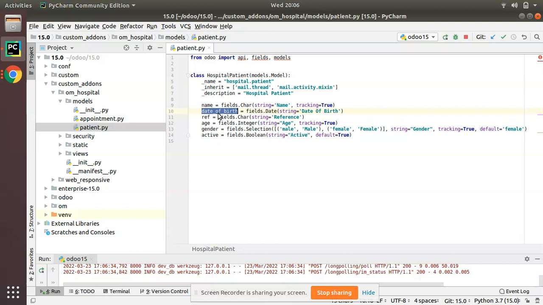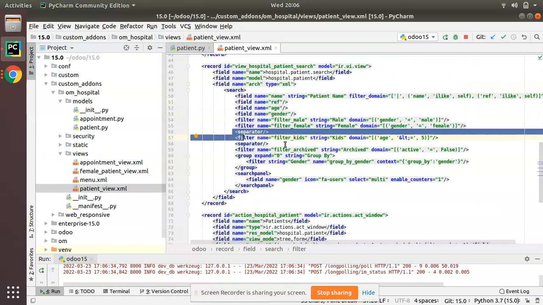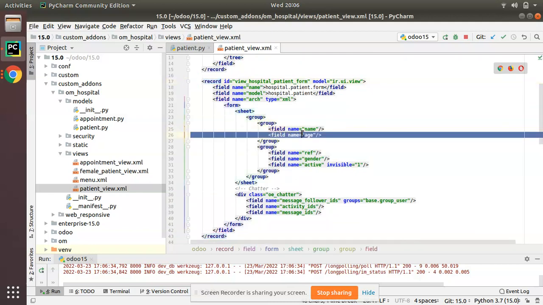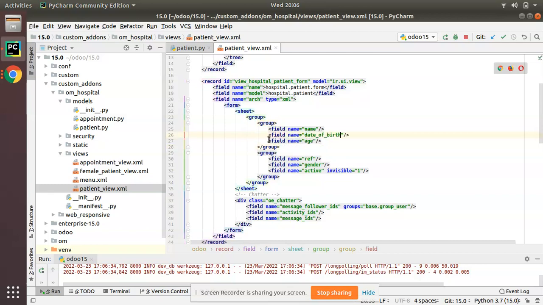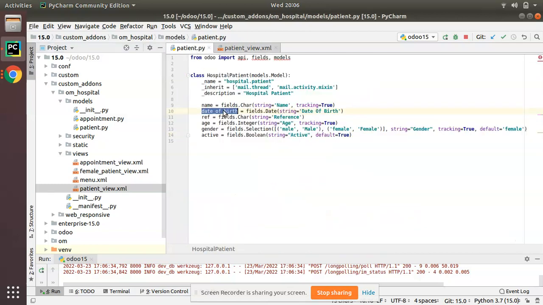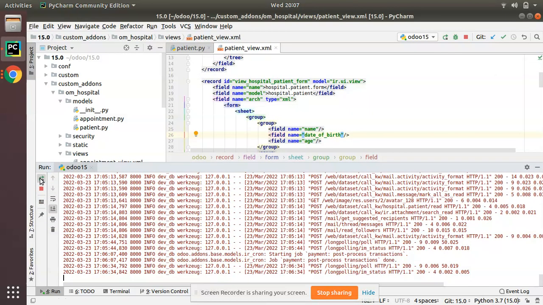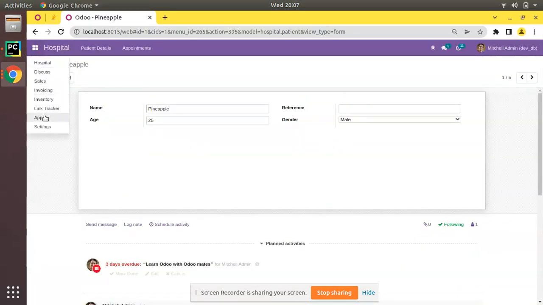Now I'll copy this field and I have to add it inside the patient view. So I'll go to the patient view.xml, and here we have the form view of the patient, and before the age, here I have the age field, Control D, and I'll put it as date of birth. So I have added a date field in the model and added the same in the corresponding form view. So we will just restart the service and we will upgrade the Odoo